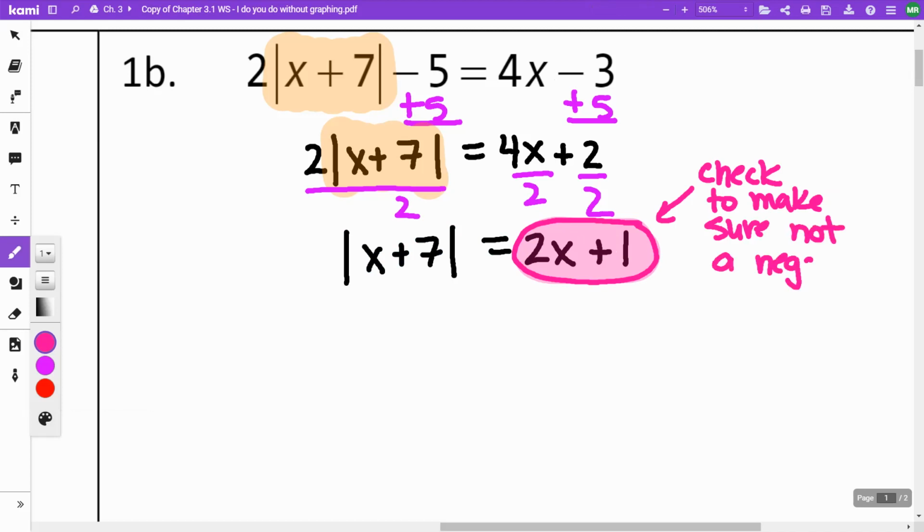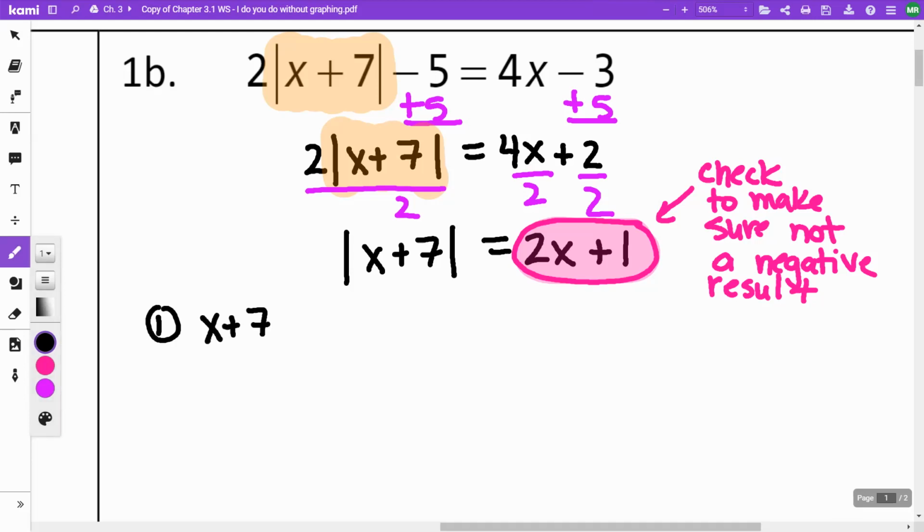At this point, I have no idea. A lot of us might look at this and go, oh, 2 is positive, 1 is positive. This has to be positive every time. Well, we're going to see that it isn't. So I'm going to work out the 2 equations. So one equation is going to be